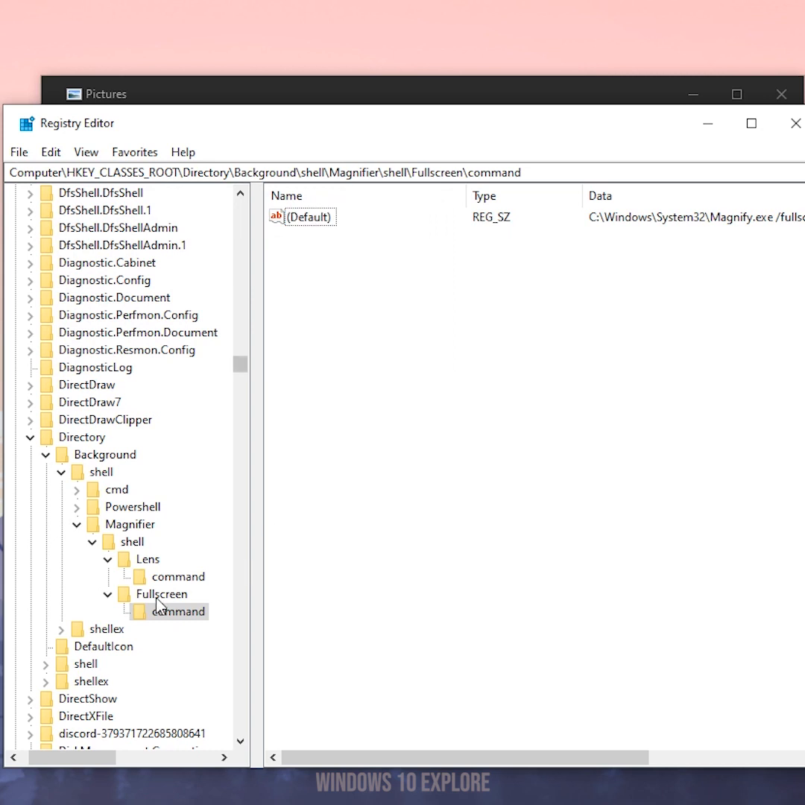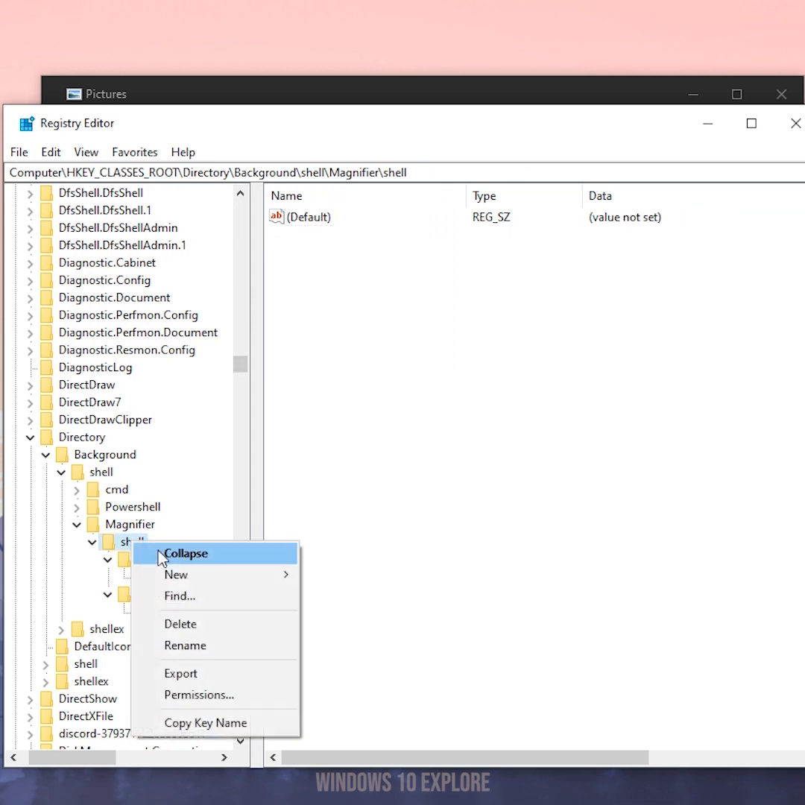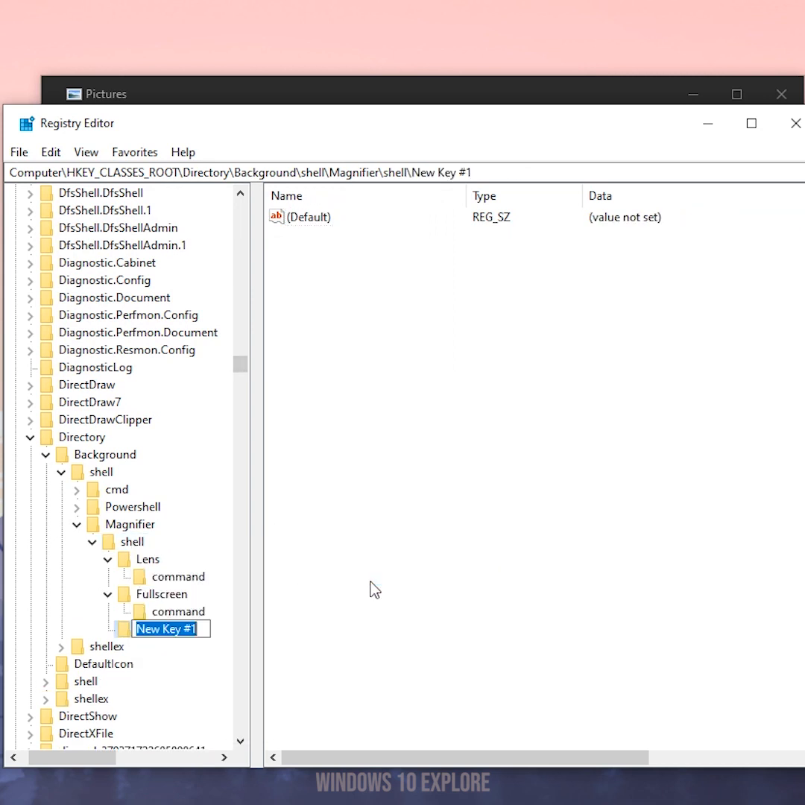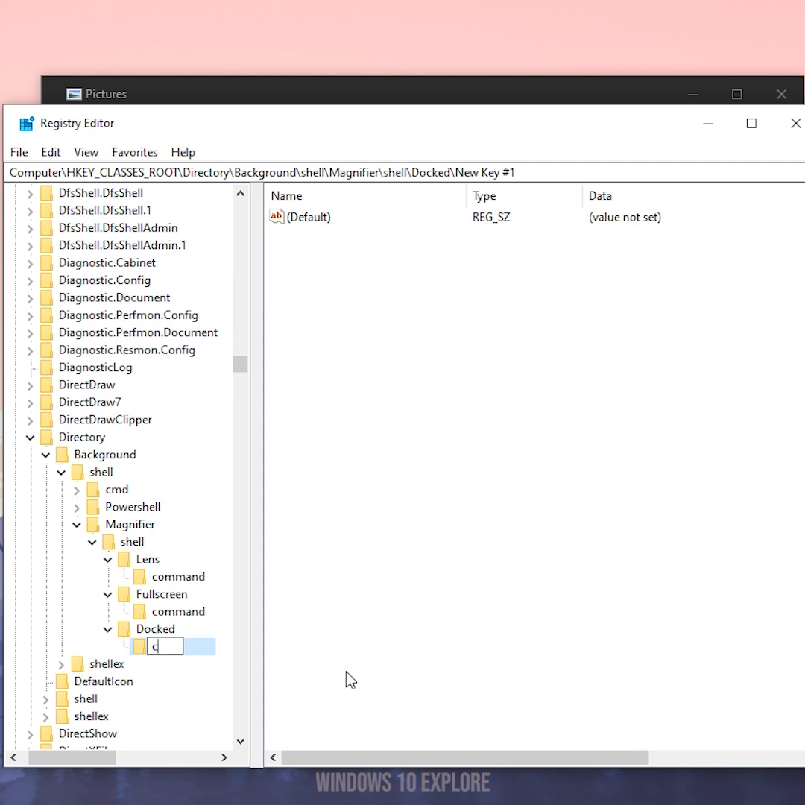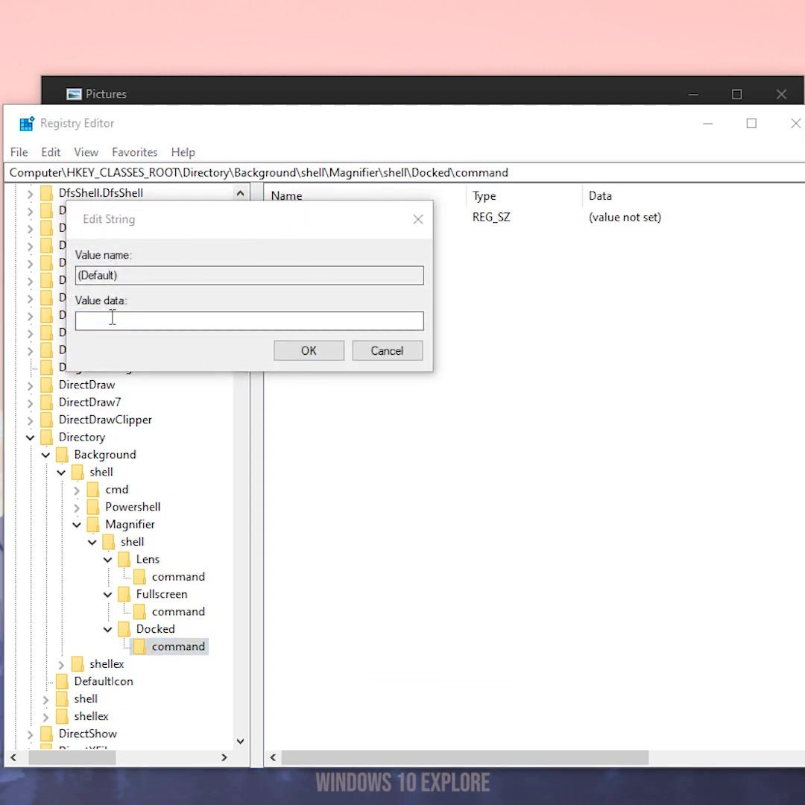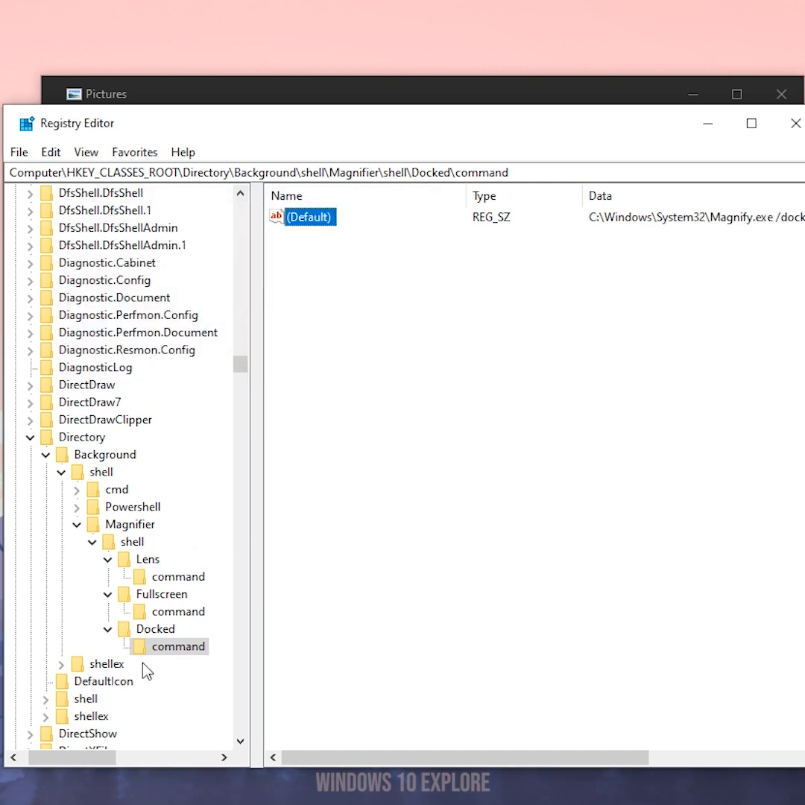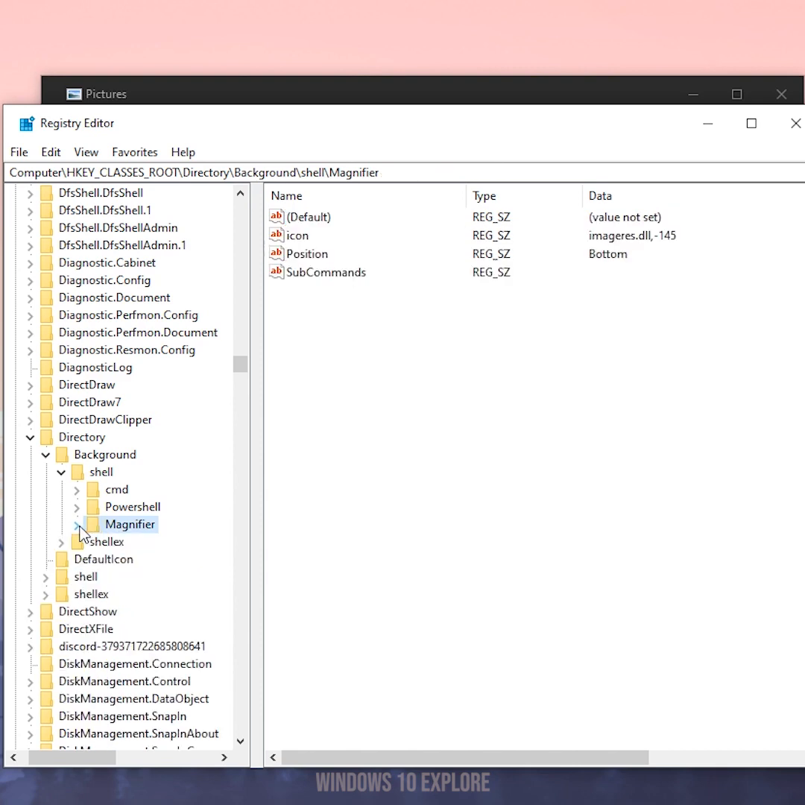Click OK, and again right click on the shell and select new key, give the name dock, and right click on the dock, select new key, give the command, and on the right side double click on the default and give the value data to open the magnifier in docked mode. Click OK. With the help of these three lens, full screen, dock commands, we can enable the magnifier in the right side right click menu